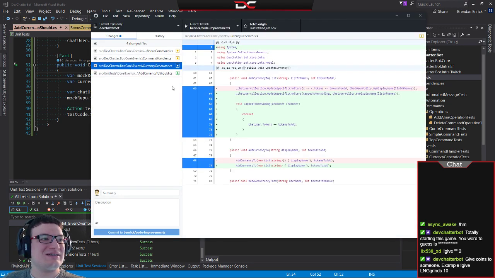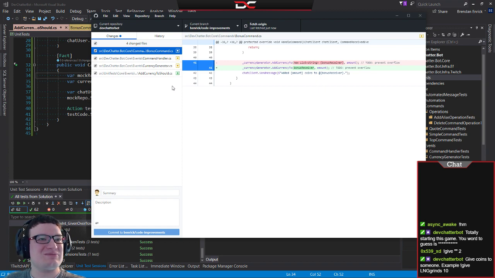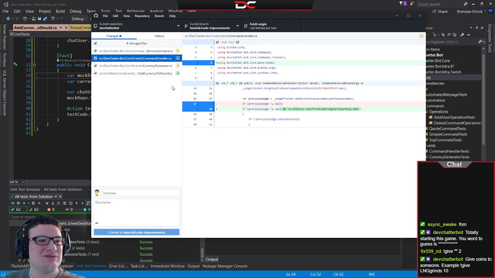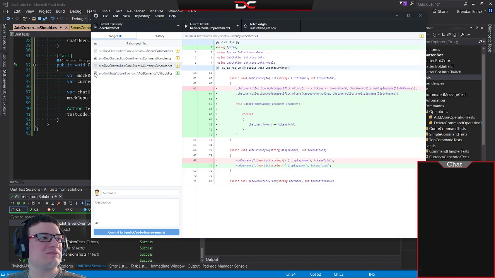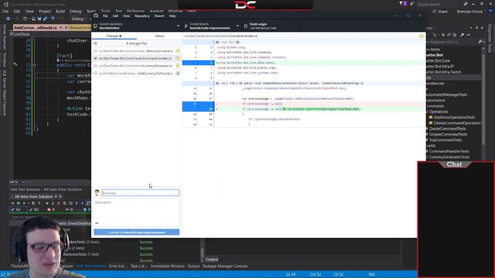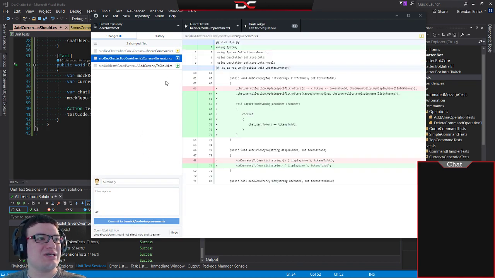Let's go ahead. So we adjusted the bonus command. First off, global cooldown should not affect mod and streamer. So we're going to commit that, and then this change is